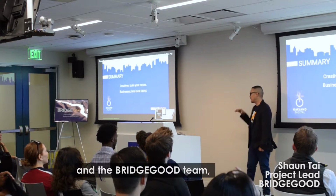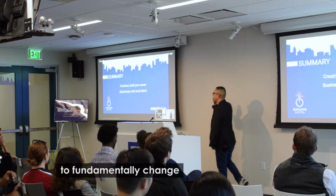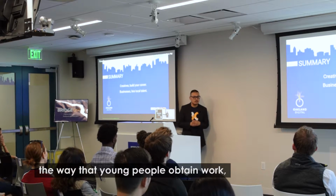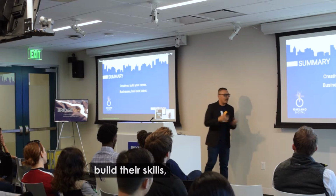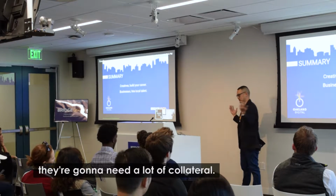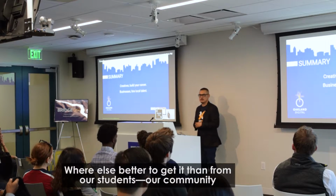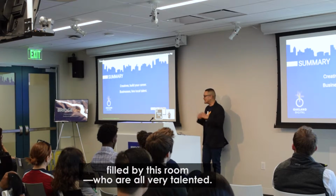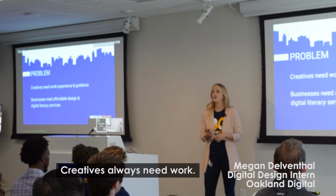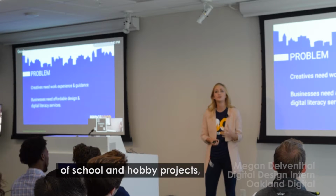BridgeGood and the BridgeGood team, we have the absolute best opportunity to fundamentally change the way that young people obtain work and build their skills. And businesses moving into the future are going to need a lot of collateral. Where else better to get it from than our students, our community, filled by this room, who are all very talented. That's what BridgeGood's about. Creatives always need work that is hands-on, tangible, outside of the realm of school and hobby